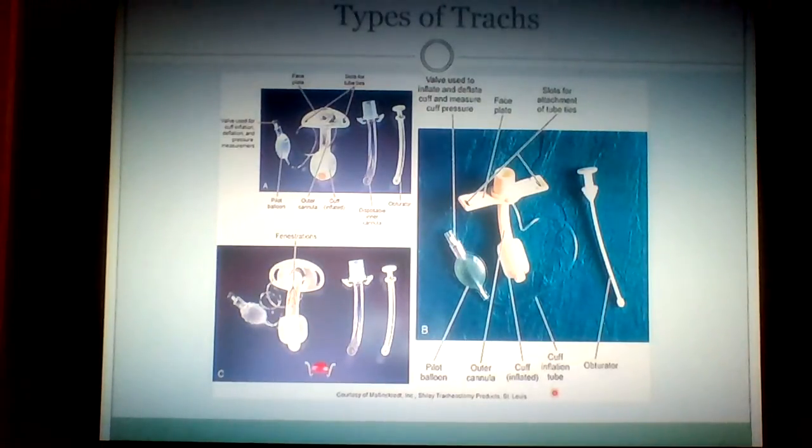You're always thinking about safety, so I'm going to talk about a few complications when a patient has a trach in. The complications are always going to be that there's too much pressure in the cuff that can cause mucosal ischemia. You want to check the cuff pressure. You want to prevent dislodging the tube, obviously. You want to make sure your patient is